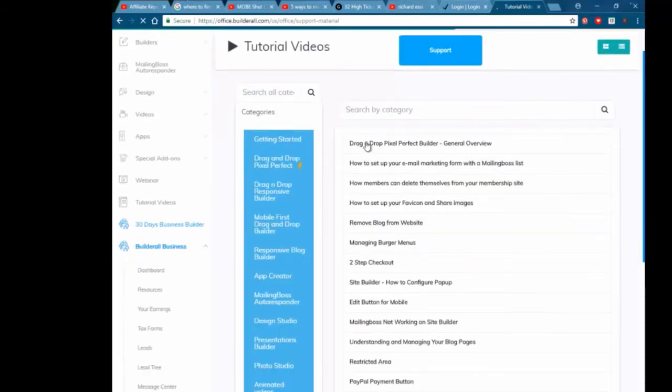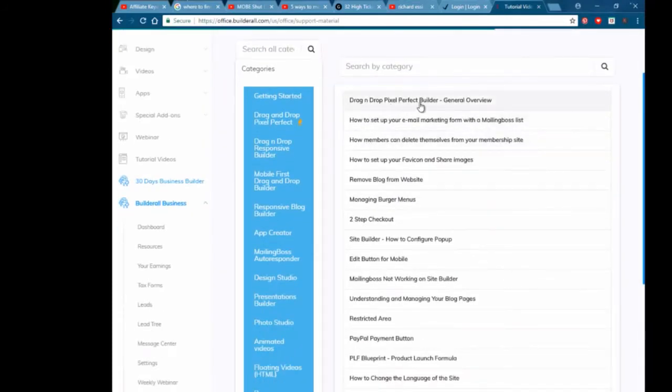For example, how do I use the drag and drop pixel perfect builder, which I'm going to show you later on, of how to build your funnels, your one-page sites, how to set up your email marketing with Mailing Boss, which is really good. Very simple, nothing complicated, but you can actually use it to segment your mailing list. You have reasonable functionalities, how to set up your favicon,